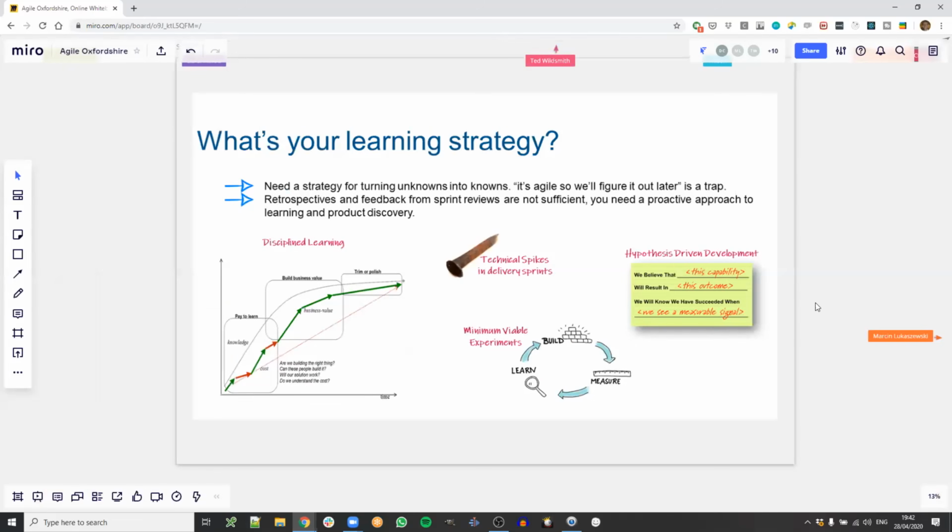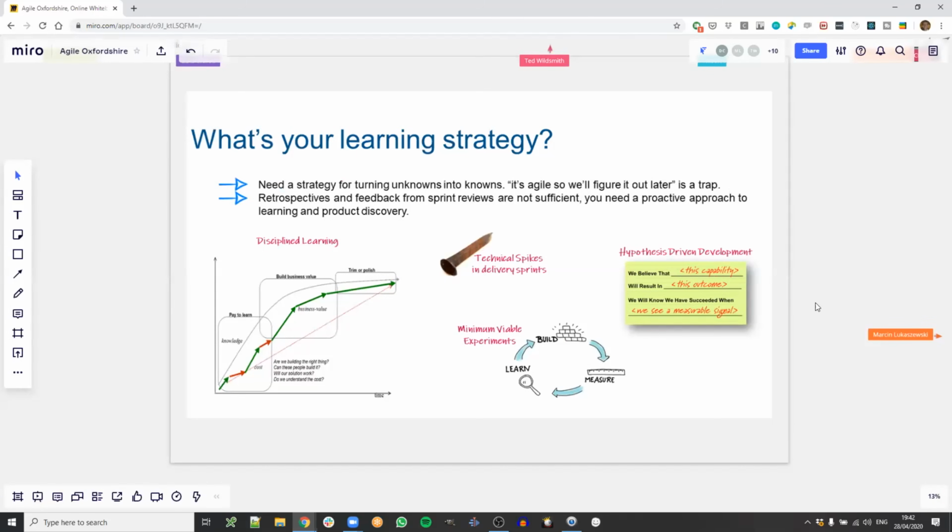So the final point that I'd like to tackle in those Inception steps is: what's your learning strategy? I think for me that's a really big topic, and I could spend an hour on this easily. Don't worry, I won't. But if we're going to be agile, that means we're going to change things. That means we're going to adapt, right? Inspect and adapt. We're going to try and get the best product out there. But that means you need some kind of learning strategy, right? That means you need to learn as you go.